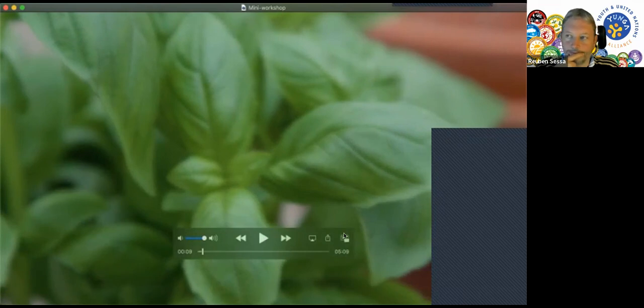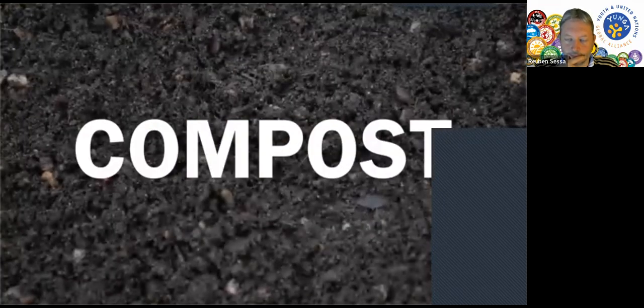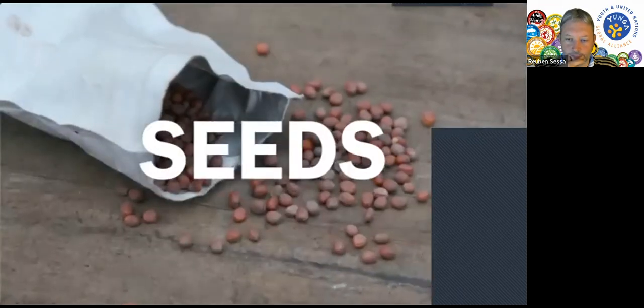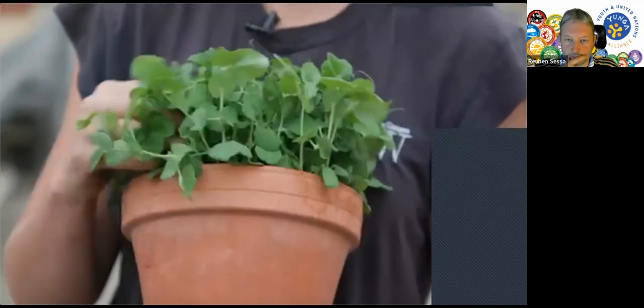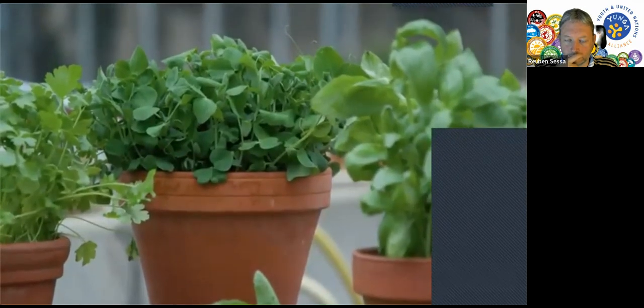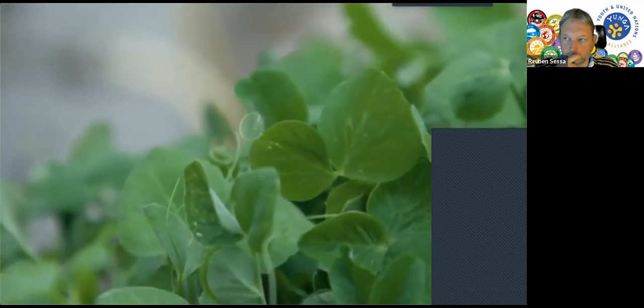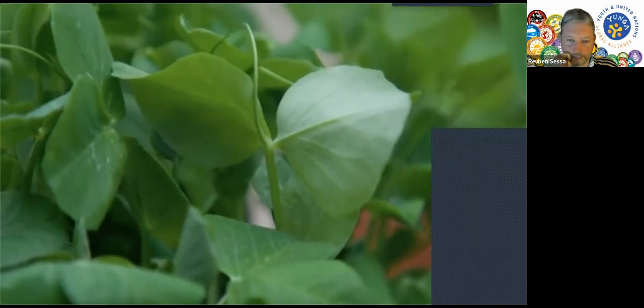Yeah. Perfect. So for any of these projects, you'll need a pot, you'll need multi-purpose compost, you'll need some seeds and some water in a watering can to help them grow. The very first thing we're going to be doing today is pea shoots. We aren't growing the whole pea plant, so don't worry, we're not looking at a 2-metre plant on your windowsill, just the shoots. So if you've never grown anything before, this is such a good crop to have a go with. They're really nice in salads, but also just to pick as you go through. The chefs at Kew absolutely adore them and they're constantly garnishing their plates with them.